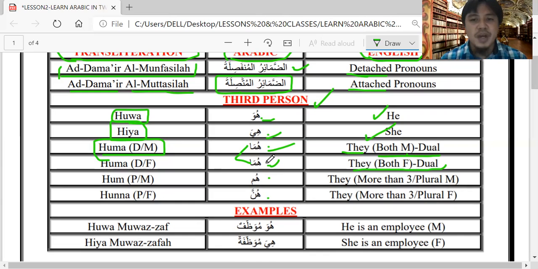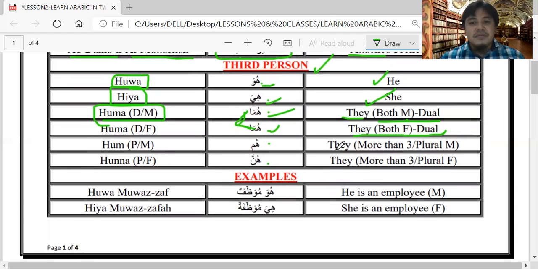So I use huma. Then if I want to use it for two males, I can use huma Muhammad wa Gerald, something like that. And if I use it for both of them in opposite sex, I can say huma Gerald wa Ginilin. So dual sex, you can use it. Now, for the plural masculine they, as we mentioned before, we are always considering in Arabic the numbers,